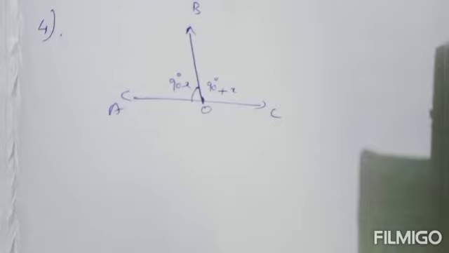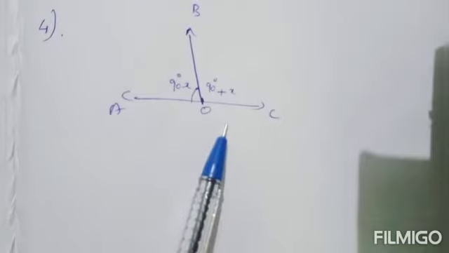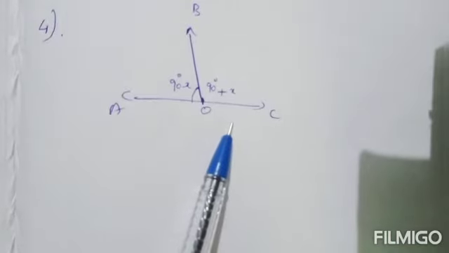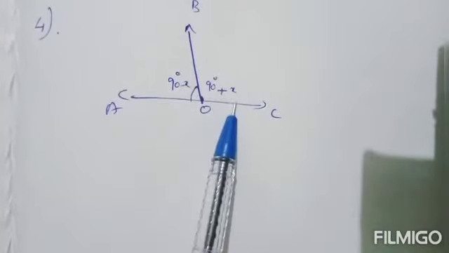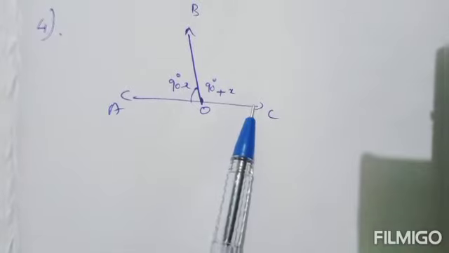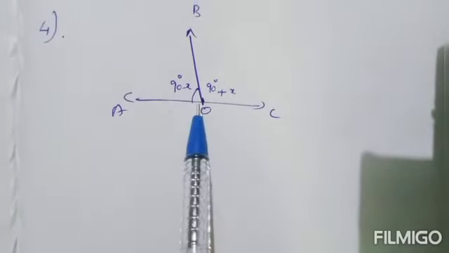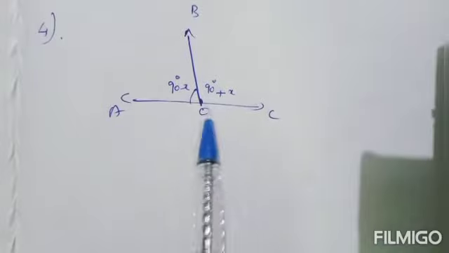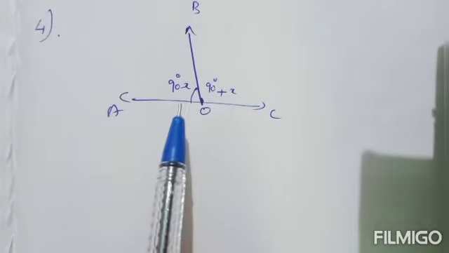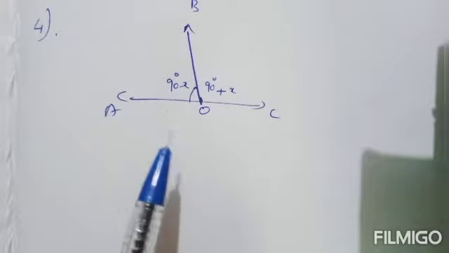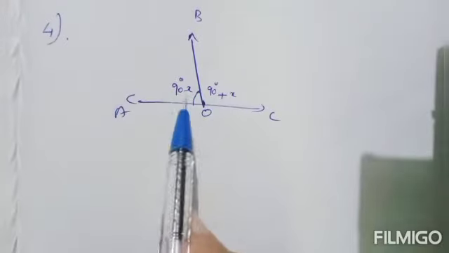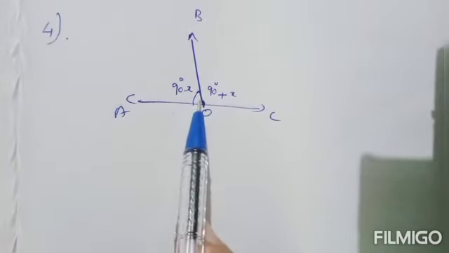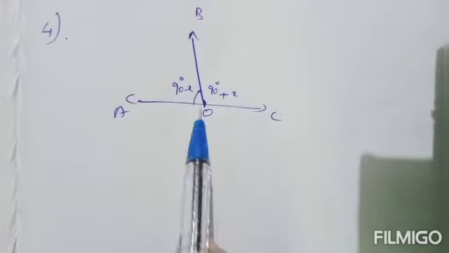Fourth question: each figure given below shows a pair of adjacent angles AOB and BOC. Find whether or not the exterior arms OA and OC are on the same straight line. So here these two are adjacent angles AOB and BOC. You have to find whether these exterior arms OA and OC are on the same straight line or not. So we can use property 2. If the sum of these adjacent angles is 180 degrees, then we can say OA and OC are on the